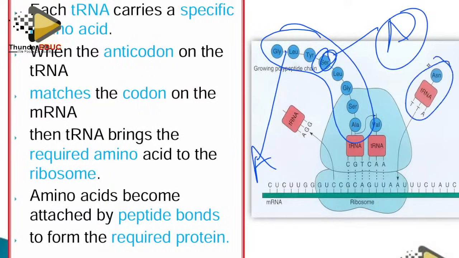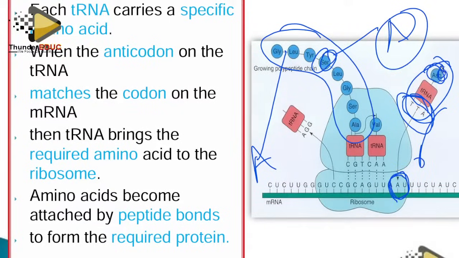You see this, that is transfer RNA with the amino acid. Transfer RNA. You see this, that is the anticodon. You see this, that is an amino acid. So we say that when the transfer RNA anticodon matches with the codon of the messenger, this transfer RNA